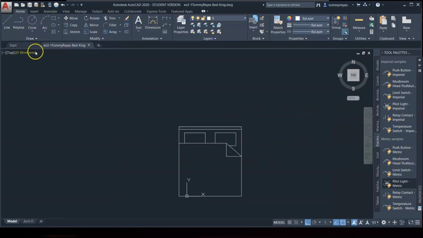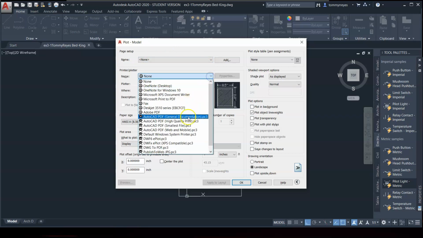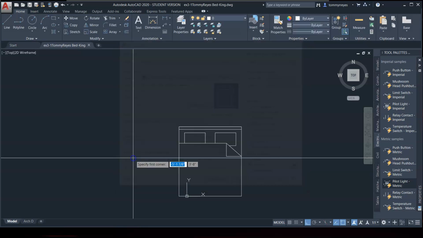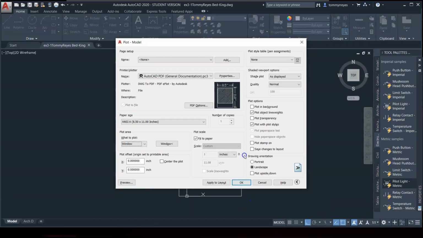Let's go back to king and control shift, or I'm sorry, control P. Don't forget to publish your files into PDF. And so AutoCAD PDF general documentation, and instead of display, let's go to window, and just like the rectangle, we're just